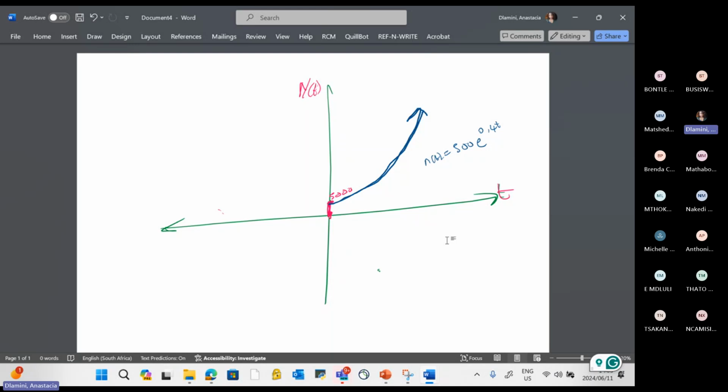Yes, because in a real-life situation, if you're modeling time and bacteria, time is never negative. Do you understand? But if you draw an exponential function, it will have a negative side, because here it's t0 initially up to tn, for example. But here it's negative t1. Time is never negative. So it will always lie in the first quadrant, especially when you're modeling real-life